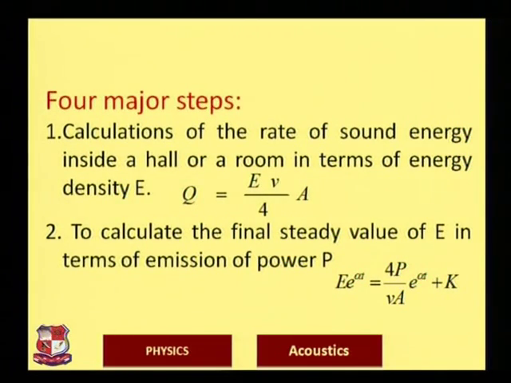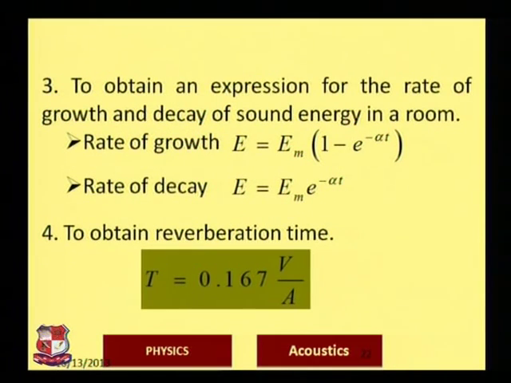And there are four major steps to calculate Sabine's formula. First is the calculation of the rate of sound energy inside a hall or a room in terms of energy density E. Second, to calculate the final steady value of E in terms of the emission power P, and then to find the rate of growth and rate of decay. And to obtain the reverberation time, the equation for reverberation time is 0.167 V